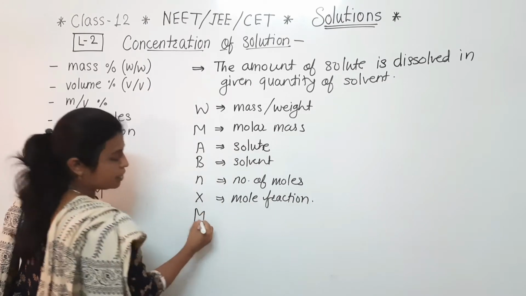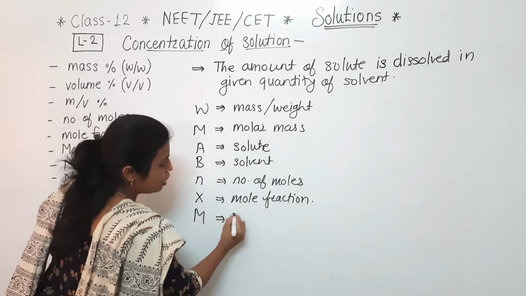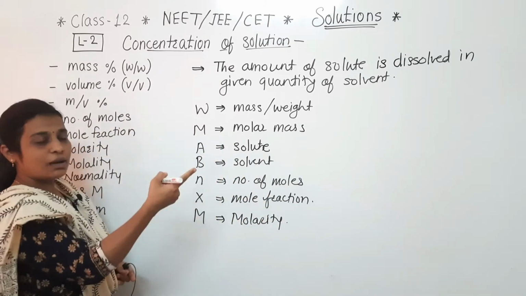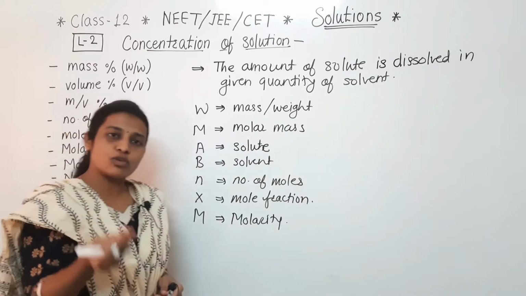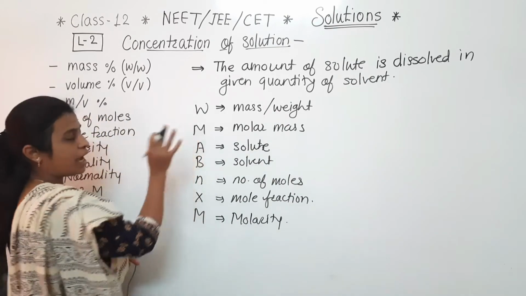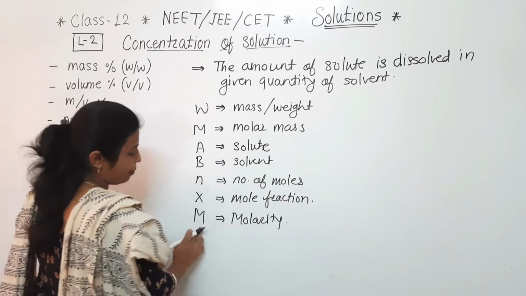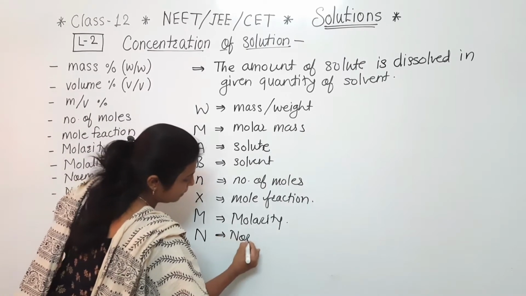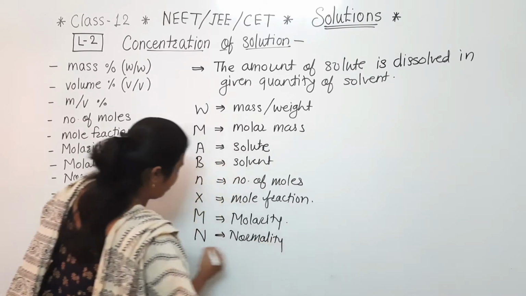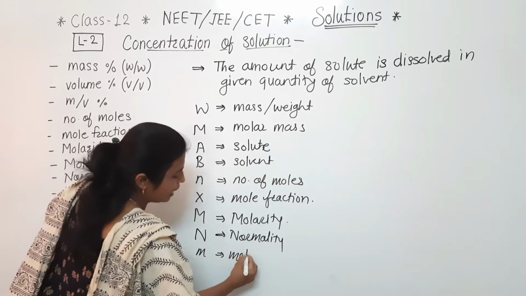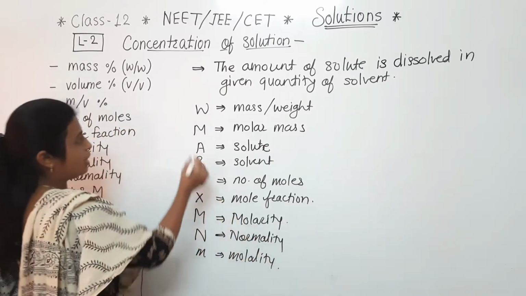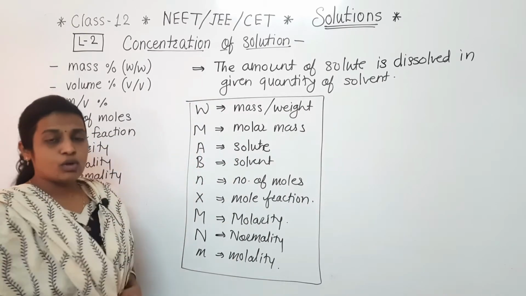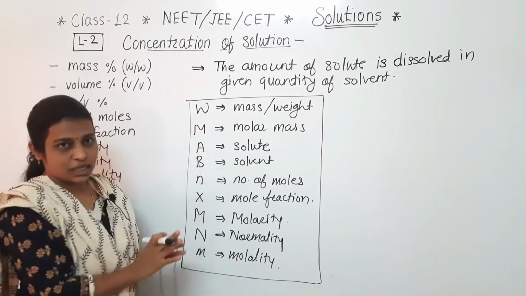As we know that capital M, same we are using for the molarity also. But keep in mind that when we are using the molar mass, always we are using the molar mass of solute or solvent. So we can identify it easily. So capital M for the molarity, capital N for the normality, and small m that is for the molality. So here I have given some symbols which we are using in the formulae also. So in this way, hope everyone has noted each and every point.